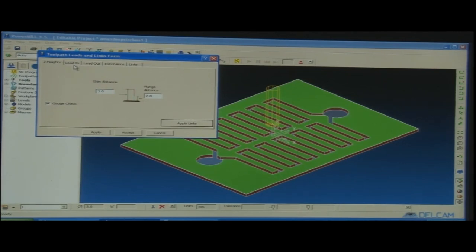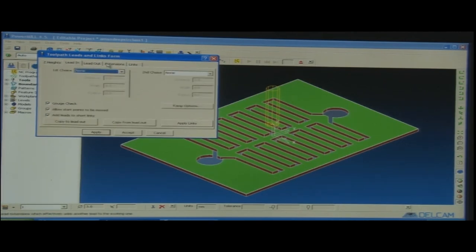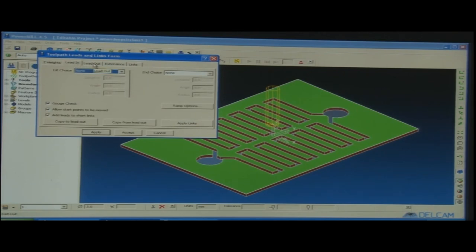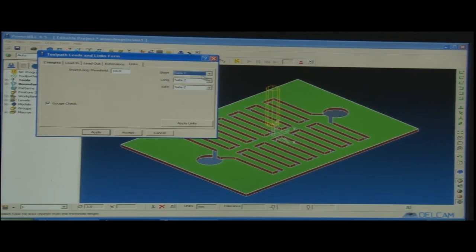There are certain ways the tool enters the workpiece. So, lead in and lead out. Lead in means when the tool interacts with the job, lead out is when the tool after machining comes out or retracts from the job. So, some extensions and links are also there. Let us keep all these things default and put the Z heights, which are already given, 3 mm and 5 mm. So, we have kept it 5 mm above. The safe height that is kept is 5 mm from the center.